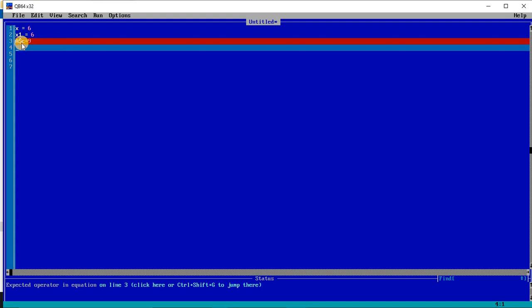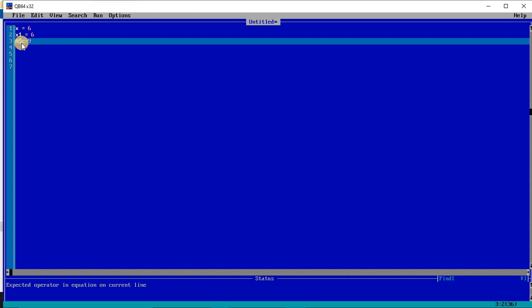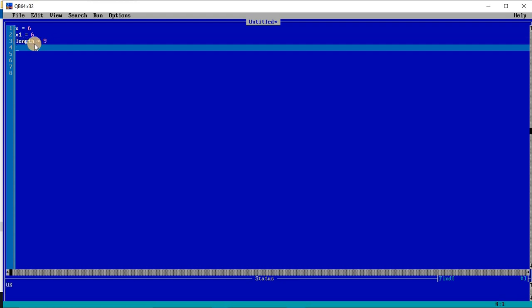Only alphabets are used. And you also need to remember one more thing, that the variable name could be a word also, like suppose I am writing length. I can write length is equal to 9 and then enter. That means length is a variable name.